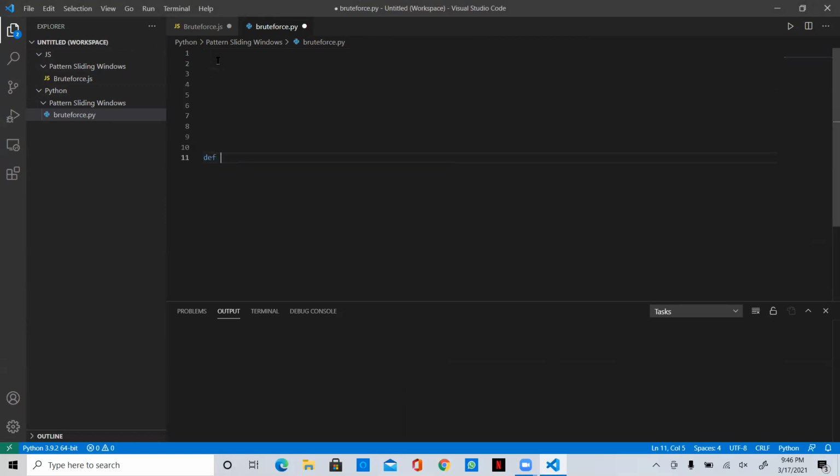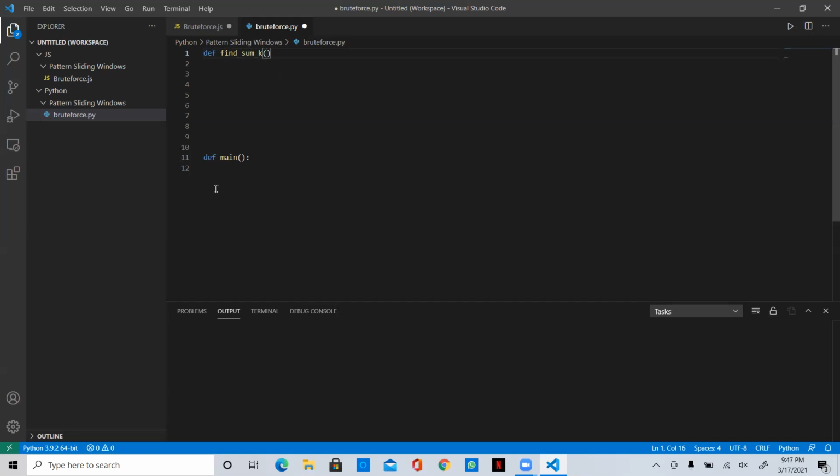First I'm writing it in Python. So first let's name the program finding the averages, or find the sum of k elements.